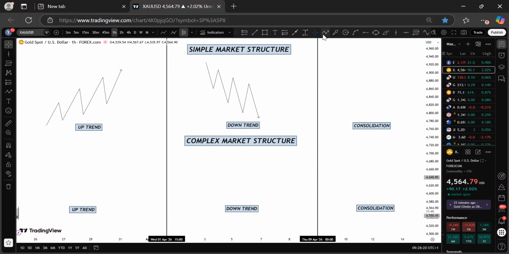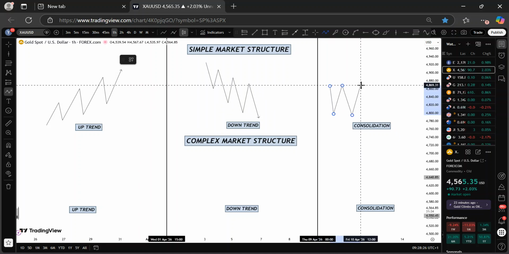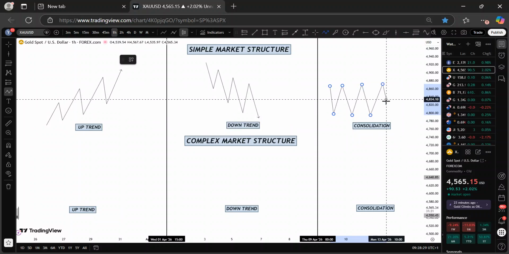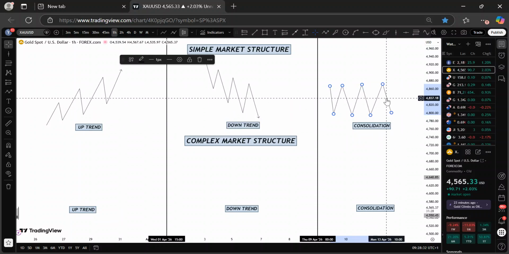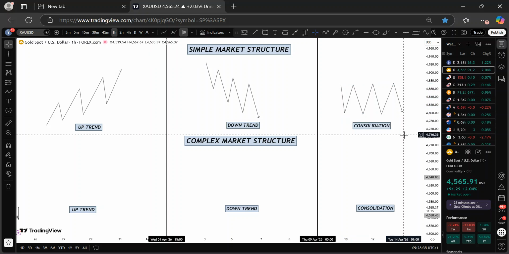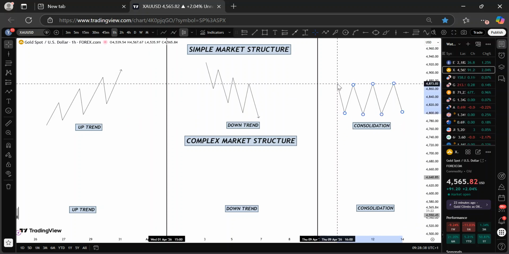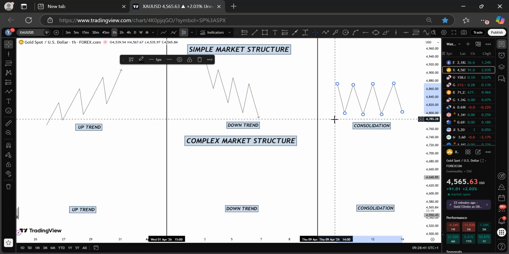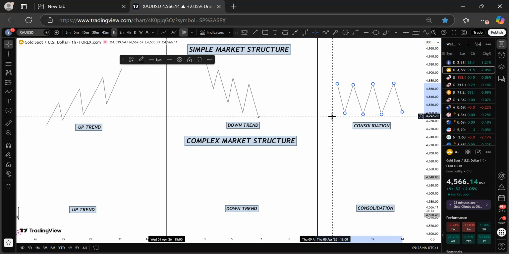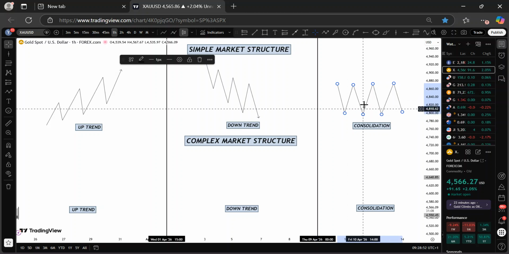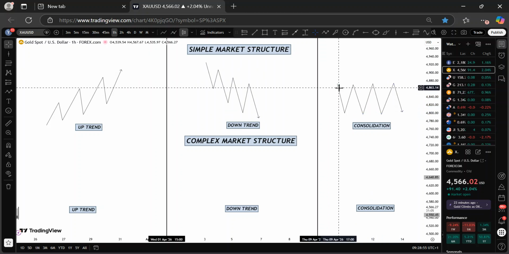Then when we talk about consolidation, you are going to see something like this. So what did you notice about this consolidation, or this particular type of structure? You notice that there is no definite high and definite low, in the sense of a lower low or lower high, or higher low or higher high. Nothing like that here. What do you have here? It's just a series of indecision or no direction. The market is neither moving up nor moving down.